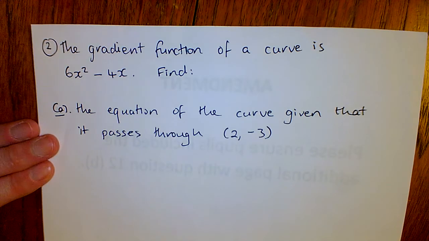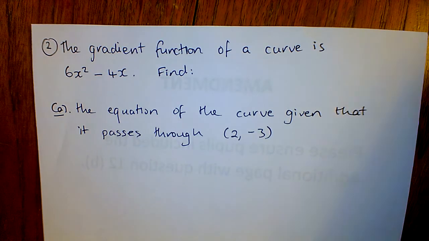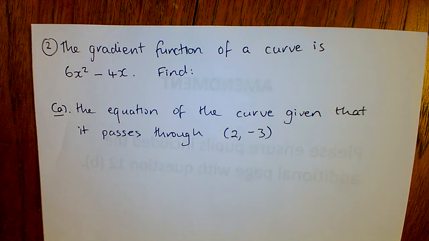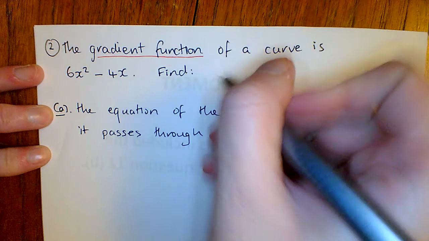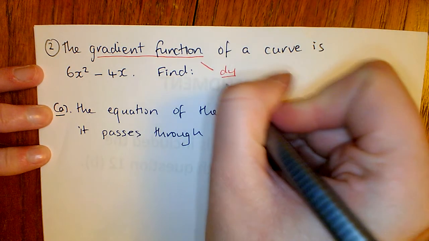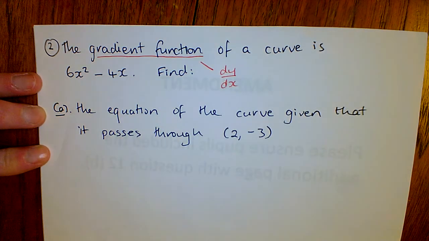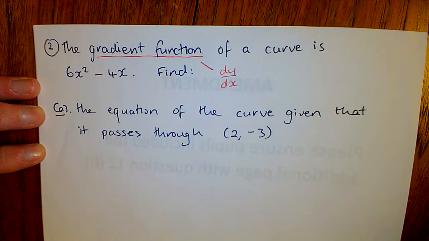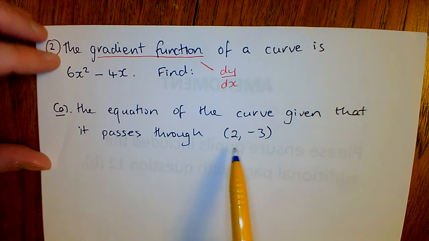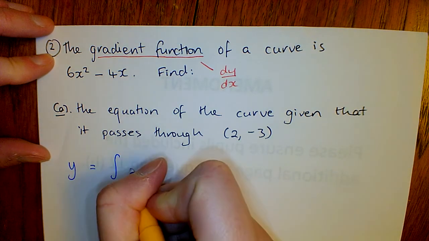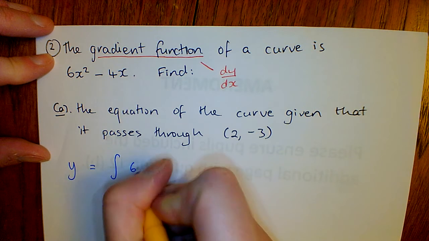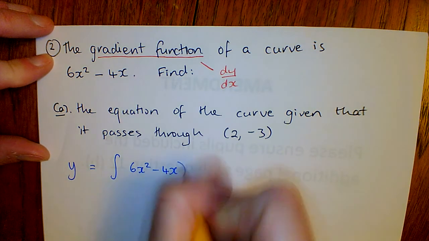Okay, so our second one, it's exactly the same question, it's just slightly different wording. So the gradient function of a curve is 6x squared minus 4x. This gradient function, it's just a fancy way of saying dy by dx. Okay, so we want to find the equation of the curve given that it passes through the point 2, minus 3. So y equals the integral of our 6x squared minus 4x